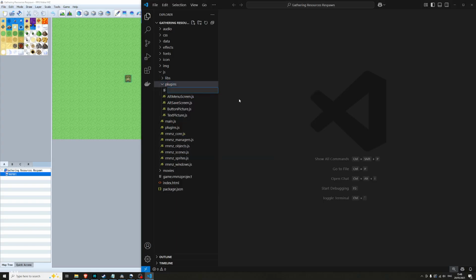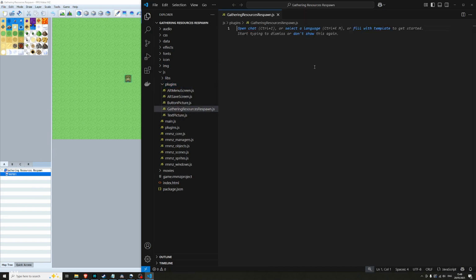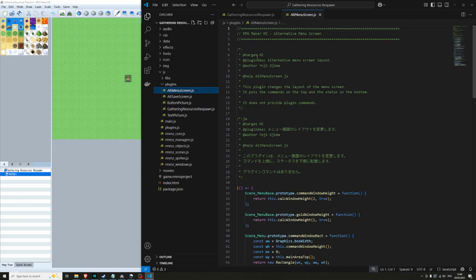All right. Again, I think this will be a quick one. Long name, but it's fine. Gathering resources respawn. So the idea behind this one is to have